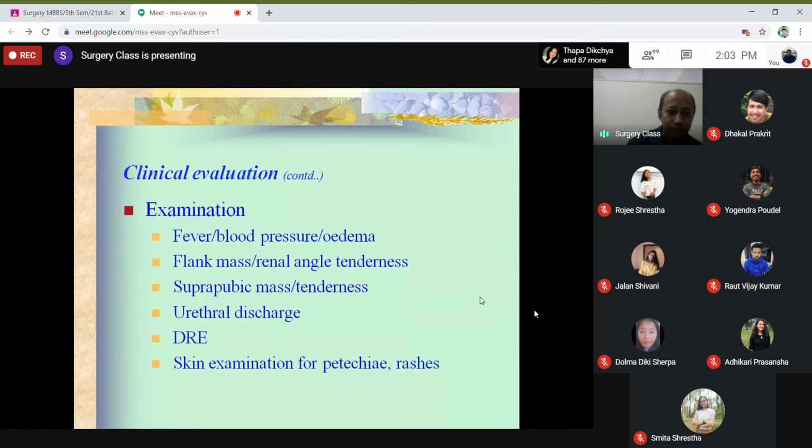And you also need to examine the skin for petechial rashes or features of vasculitis. These are present when the patient is having hematuria because of a coagulation disorder. So all these